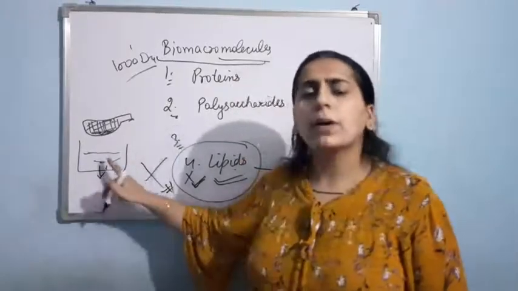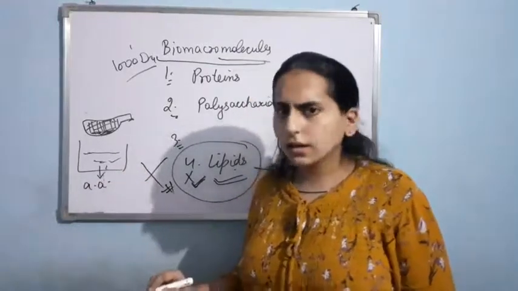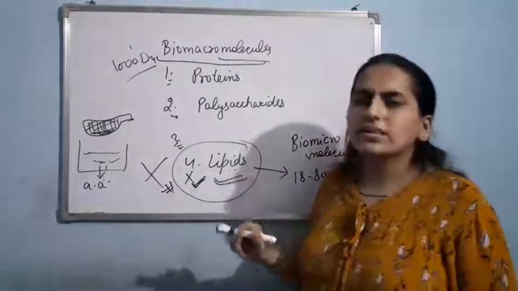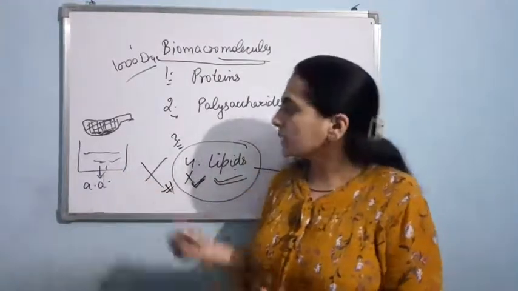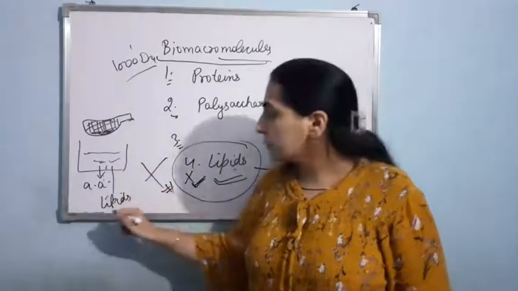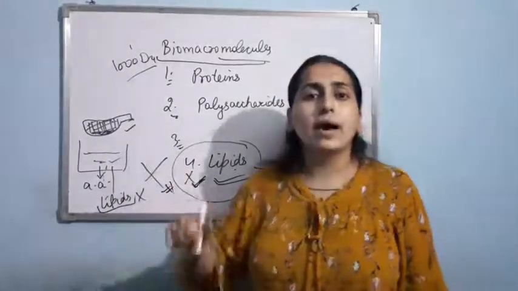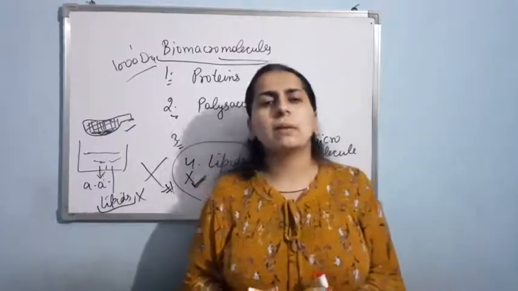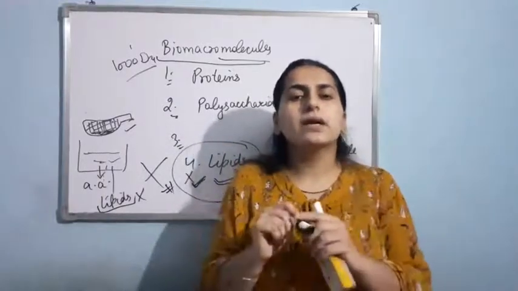Let me give you example of biomicromolecules first. Amino acid. Clear? We shall study about them in detail. Firstly, let us come back to this question. If lipids are biomicromolecules, then they must be here, right? They must be present here. But the lipids are not present here. They are in the retentate. Why? Its answer is, if you have remembered chapter number 8, this cell membrane is made up of lipids.